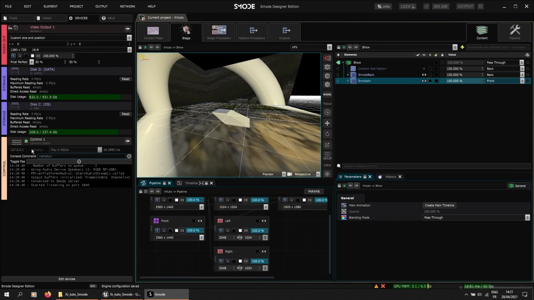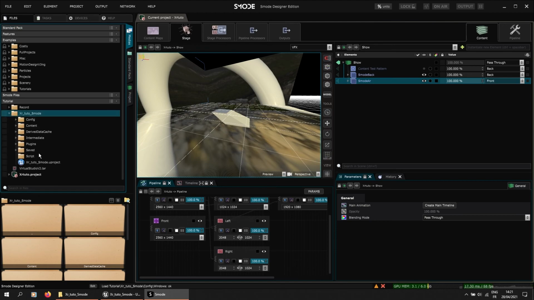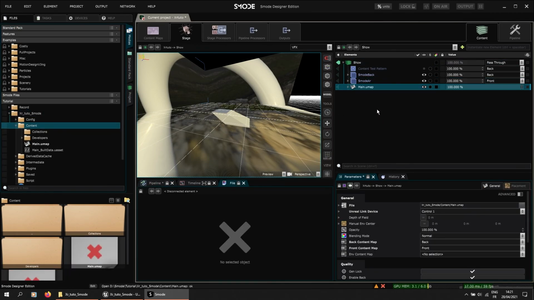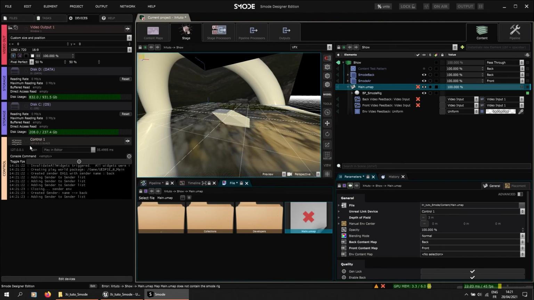Now we see there is no map loaded, so I will import my map into my project, into my show. So content, map. I will reload it, so the map is loaded in Unreal.